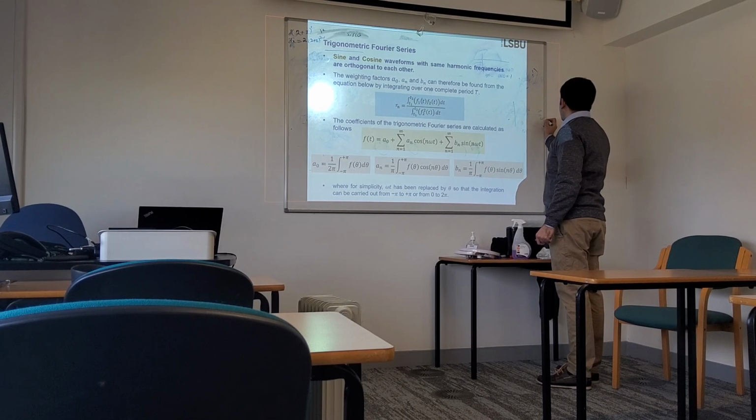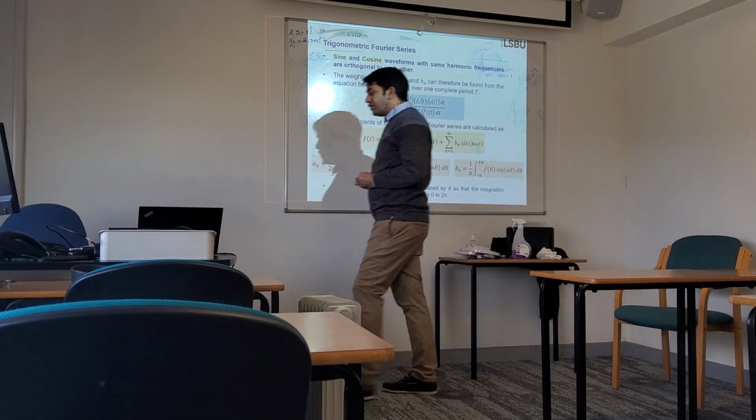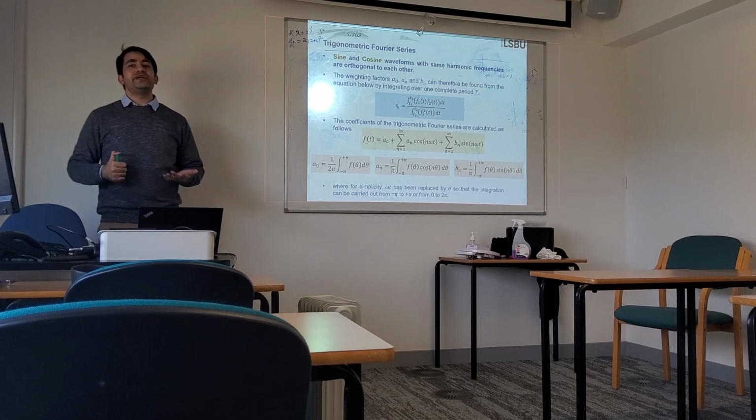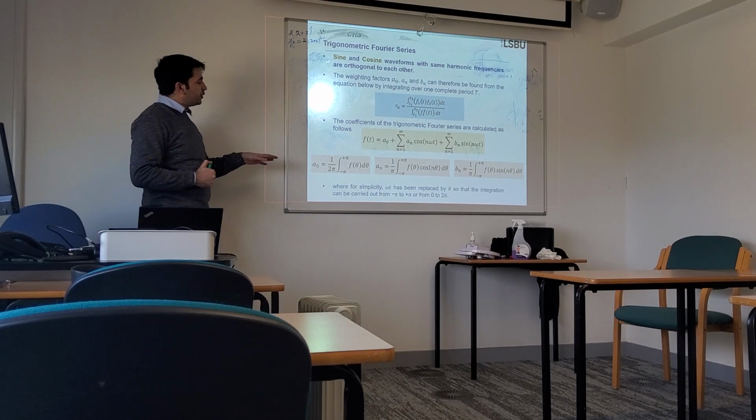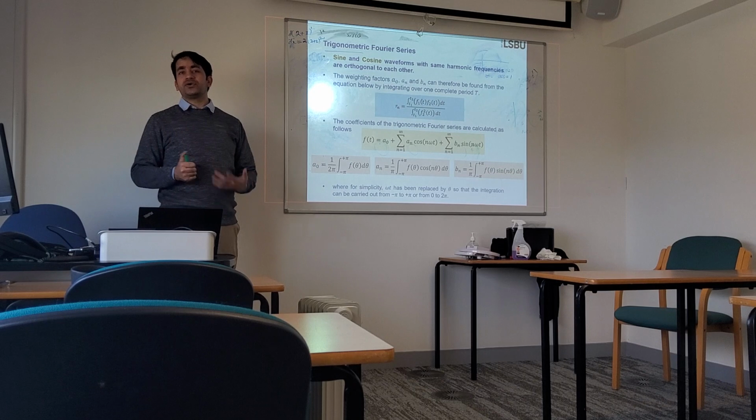And this axis is the omega t axis. So it means that for sine and cosine, the period is 2 pi. So that's why, since these equations involve cosine,